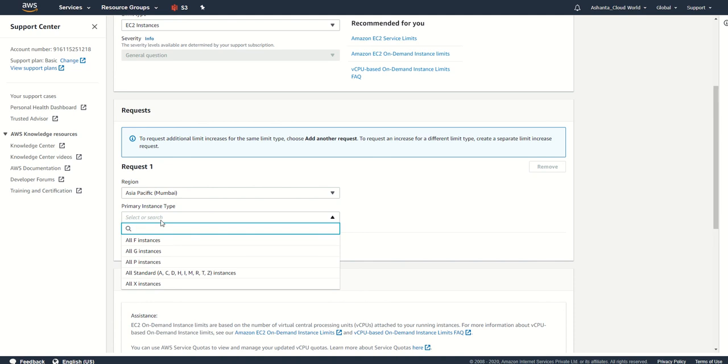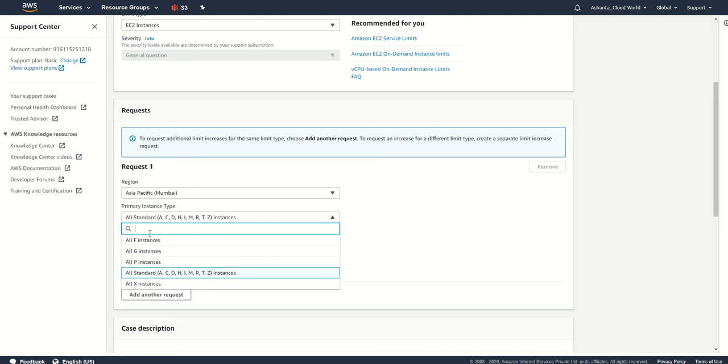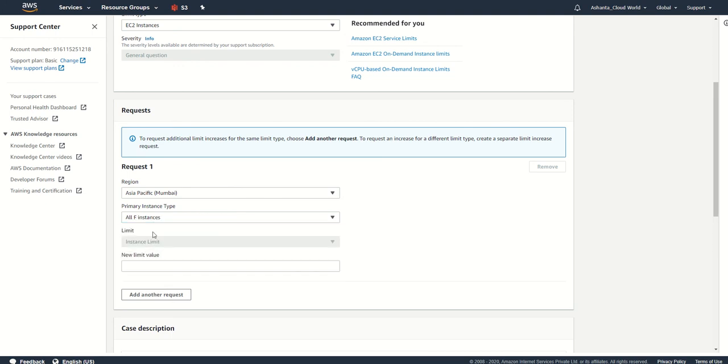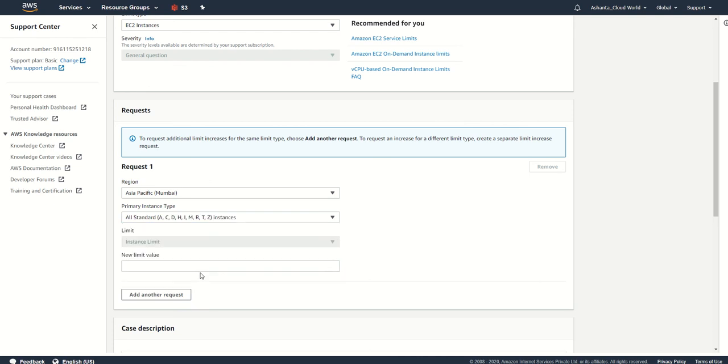For my requirement I should go with All Standard, because my requirement is T series instances, and T series comes under All Standard. If I had a requirement for F series I could go for that one, but my requirement is T series, so I'll go for only T series here, because T comes under All Standard.